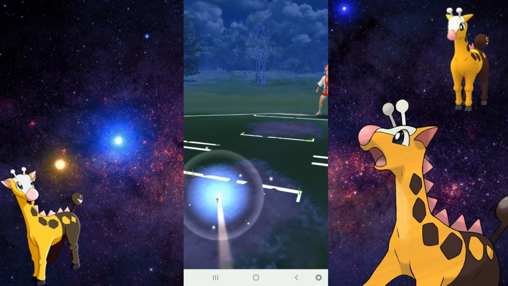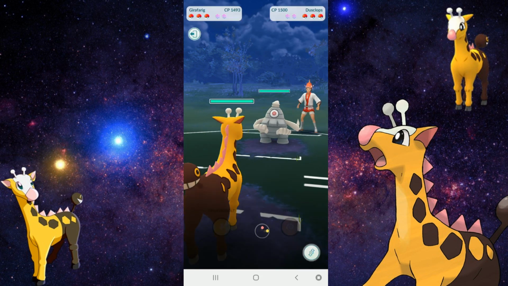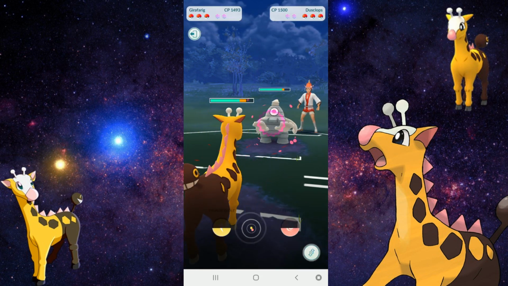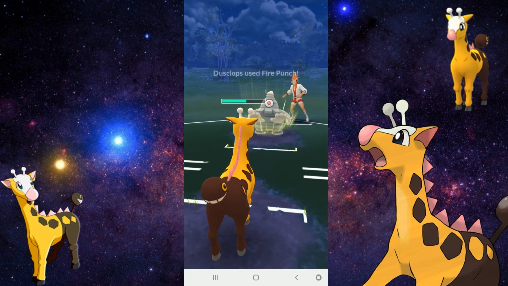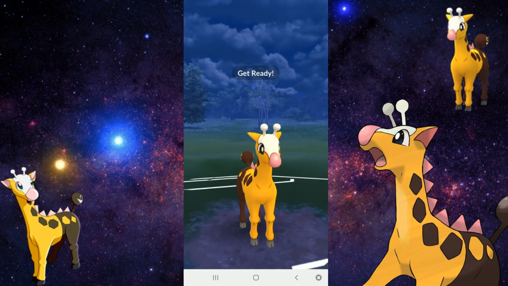Alright, so getting into this next battle, I lead off with Girafarig against Dusclops. So this is a good matchup, but his Dusclops is running Feint Attack. So this actually ends up being a bad matchup for Girafarig. Feint Attack will deal super effective damage to my Girafarig, and that is why you see my Girafarig go